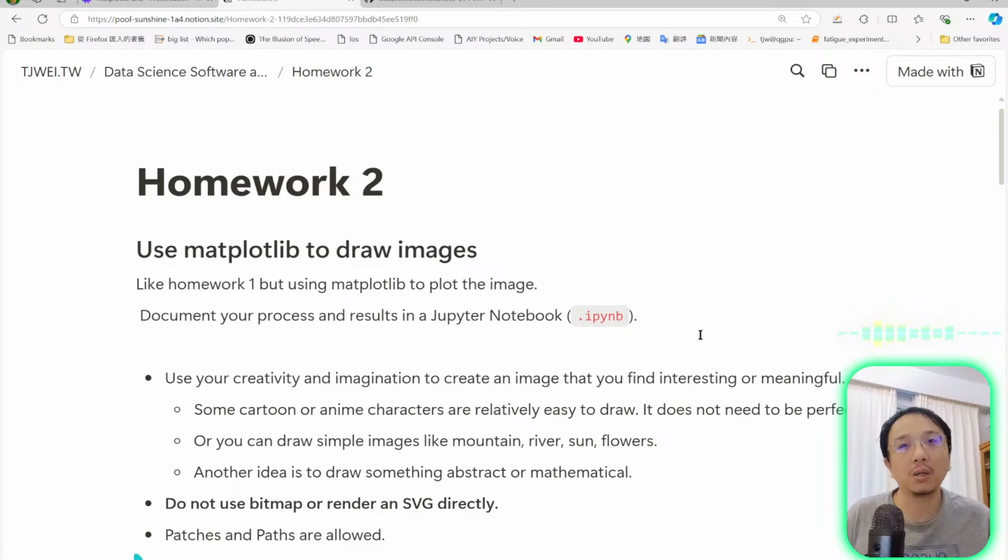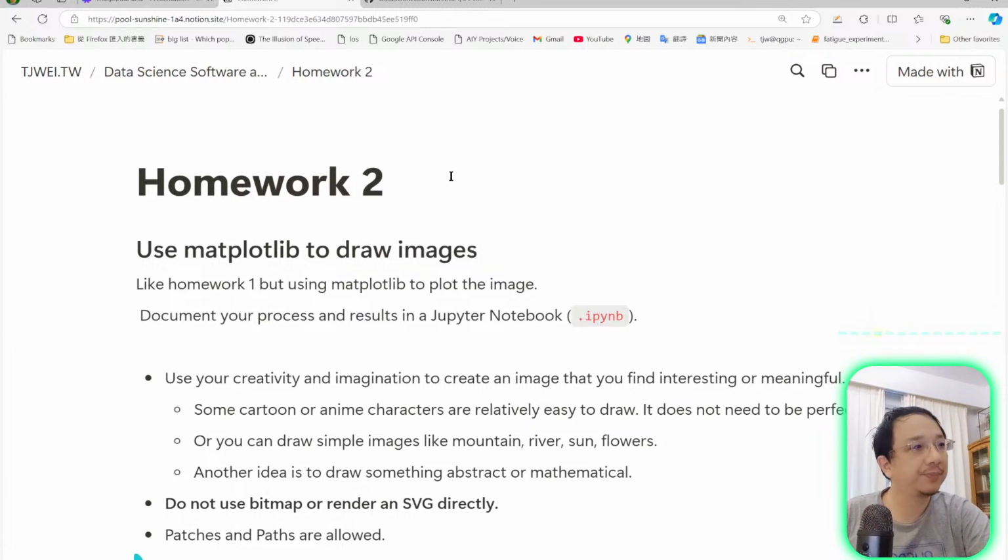Like you can draw circles. You can plot a curve. If you have a mathematical function, you can plot a curve, and you can actually fill the color between two lines. That is something you can do. So the purpose of this homework is similar to the first one. By trying to accomplish a goal, like drawing an image that is in your mind, you are trying to find the tools, just like